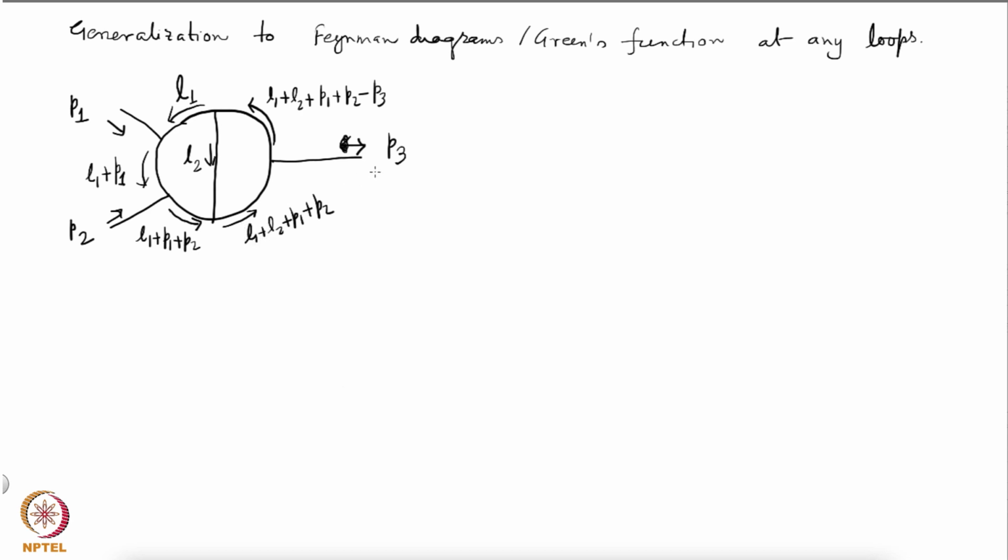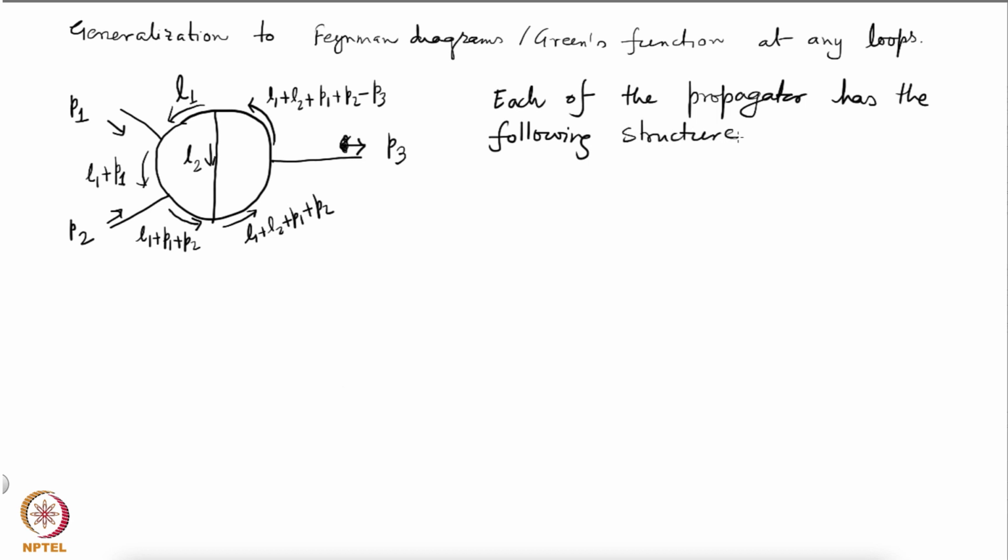Okay, so each of the propagators has the following structure. It is some alpha_i L_i, so you have to sum over the number of loops. In this case, this is alpha 1 L1 plus alpha 2 L2. Maybe I should make it explicit. Later I will drop this summation, but here I will put i equal to 1 to 2 for this case, plus